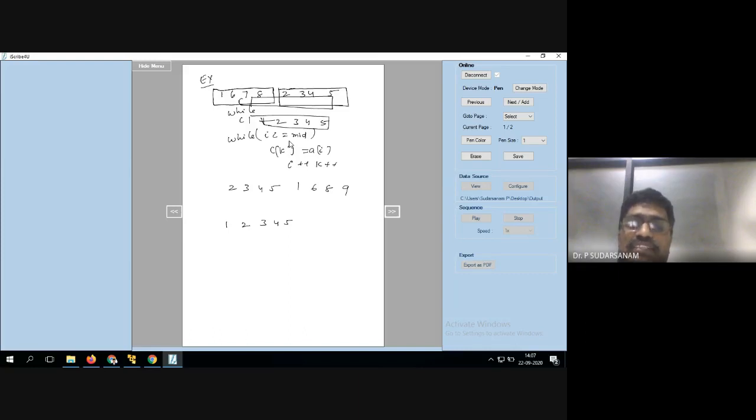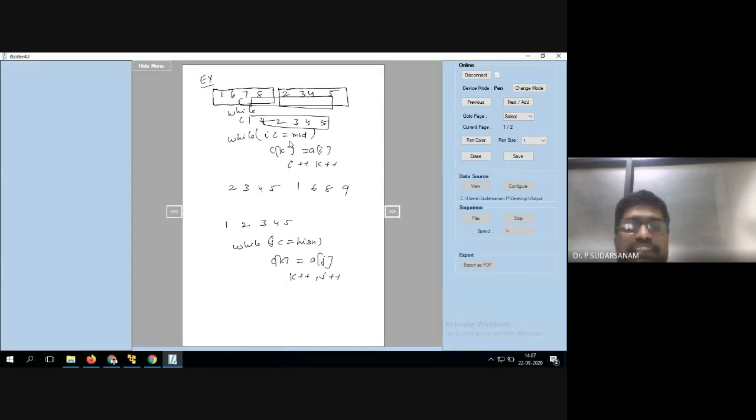So now you write the condition: while j is less than or equal to high, C of k is equal to A of j. Next, k plus plus, j plus plus.